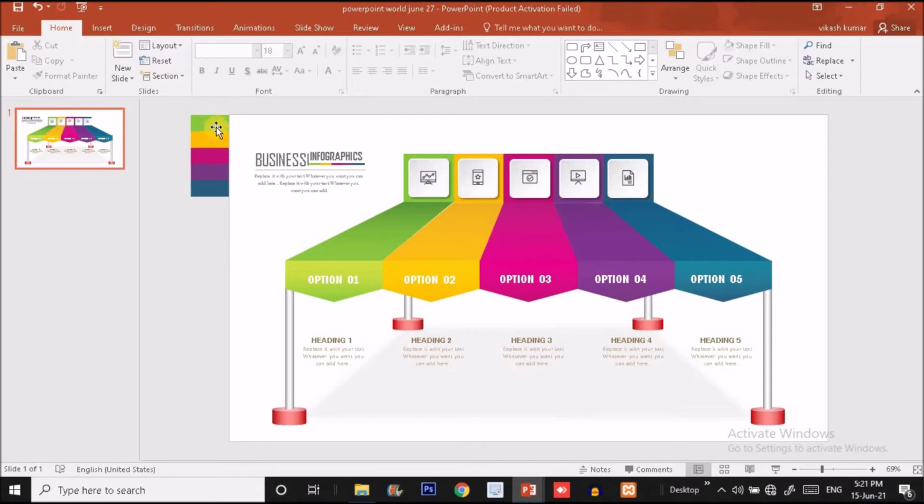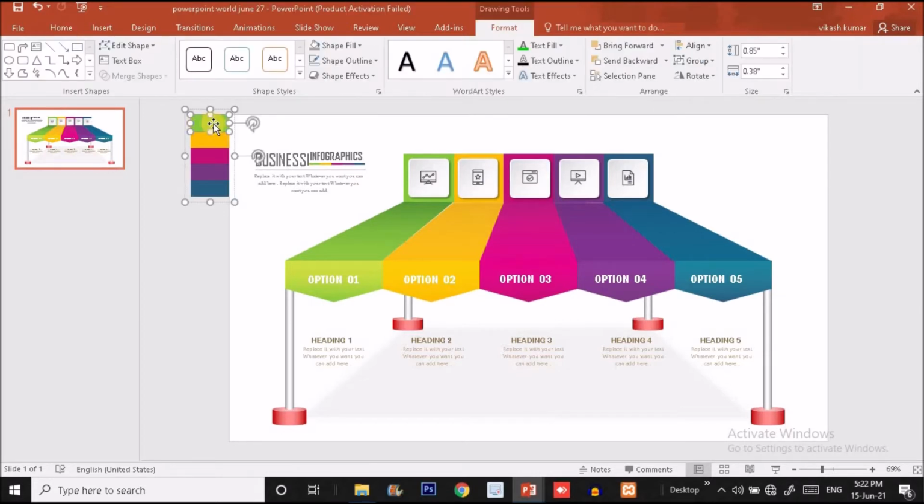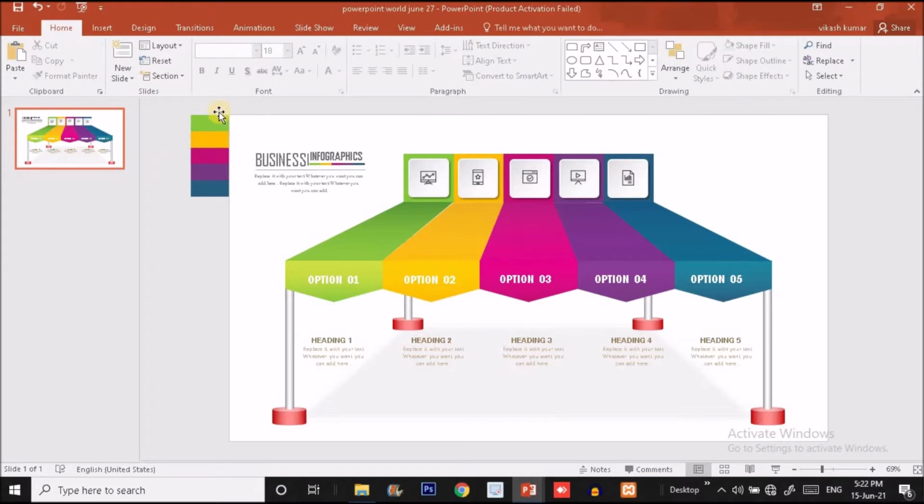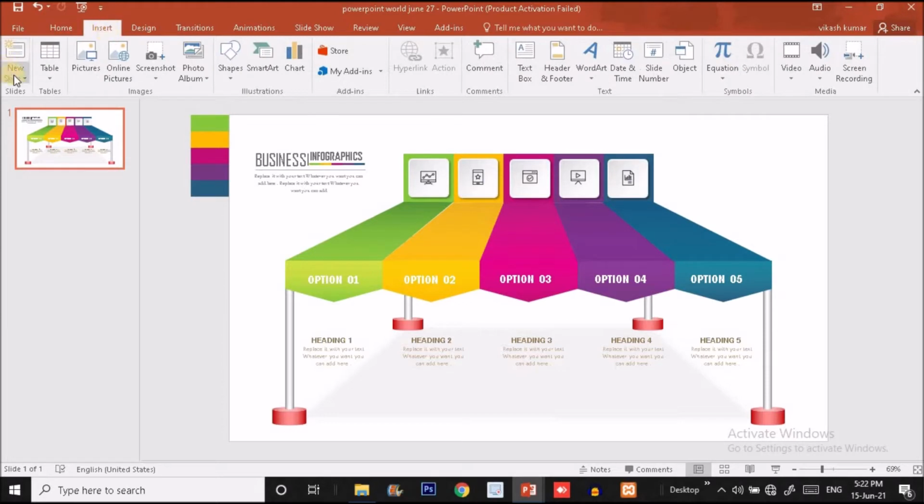So as you can see here, I have collected a color sample over here. We will use the different shades or different versions of this green color. As you can see here, this strip here is a lighter green color, but here you can see the darker green color. So we have the basic color over here, and through this basic color we will make changes and make it lighter and darker on the slide as per our requirement guys. Okay, so without wasting any further time guys, let's get started.